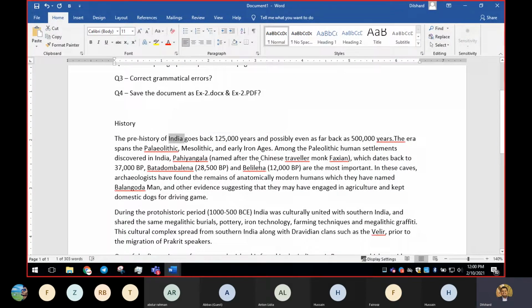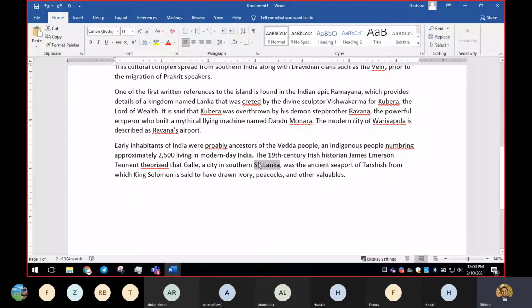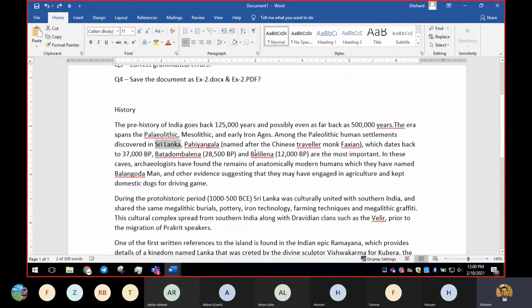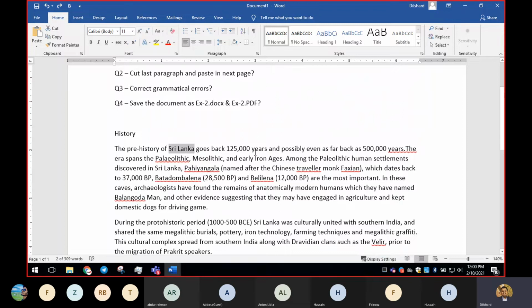If I want my previous document back, we have something called Undo, right? Undo, Redo. To go back to the previous state, you press Control plus Z. So the last replacement that we had is changed back to the original word, which is Sri Lanka. Again, when I press it, whatever we changed before will be changed back to Sri Lanka. See, right? So one by one, I'm going to change it back.